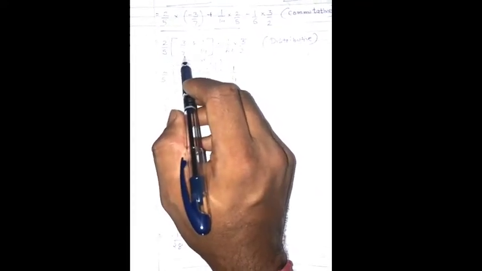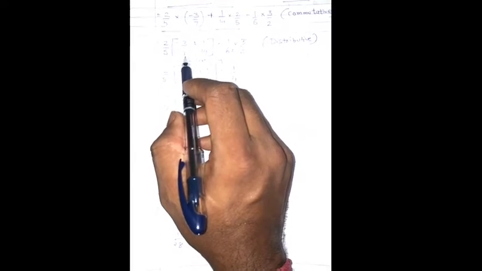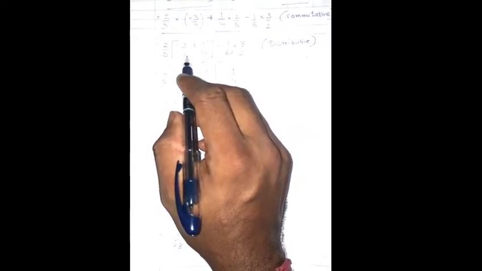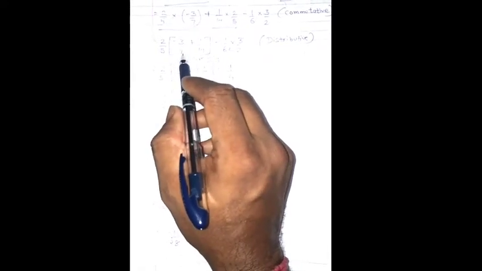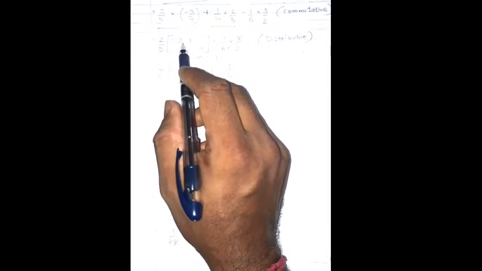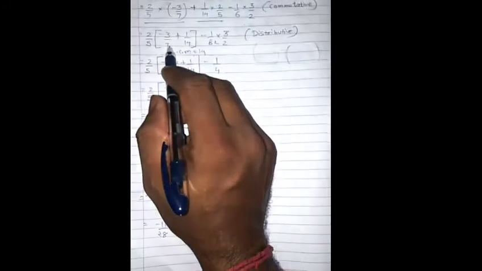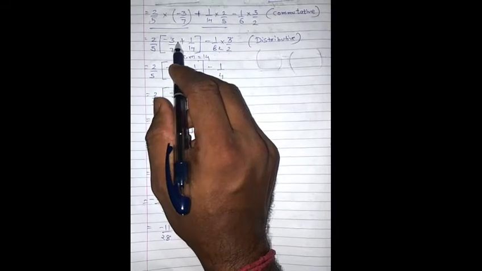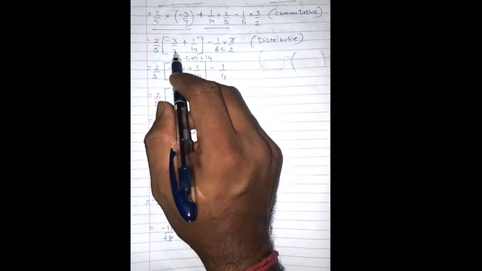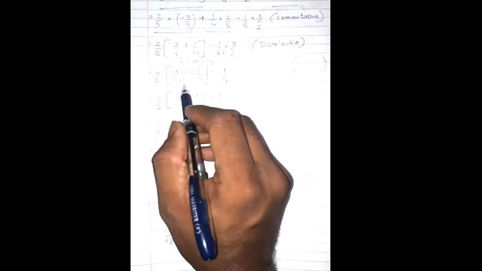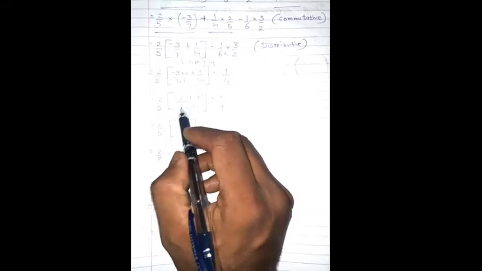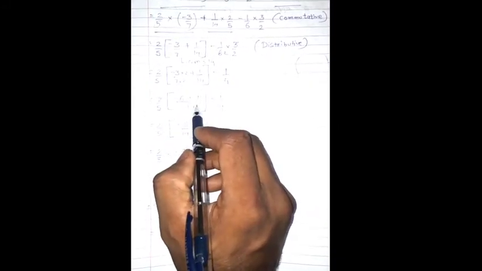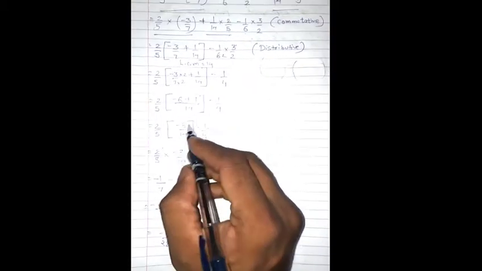Means if any digit in the denominator is multiplied by any number, the same number you have to multiply in the numerator also. Suppose I am multiplying 2 with 7, so you have to multiply 2 with 3 also, to make this 7 into 14. Now 7 2s are 14 and 3 2s are 6, so 6 upon 14. Now the denominator 14 is common. 3 2s are 6 and 1 as it is. Now minus 6 plus 1 gives minus 5.